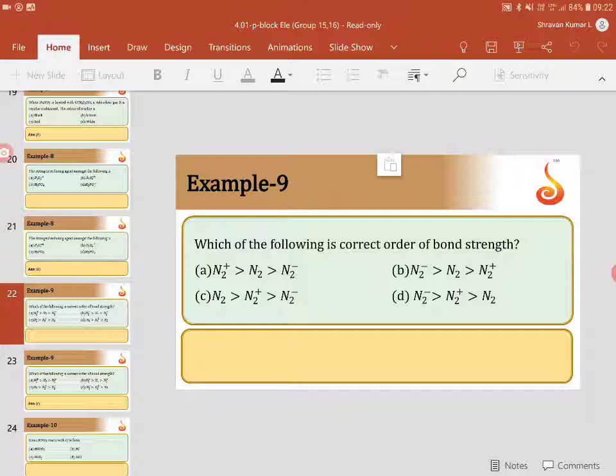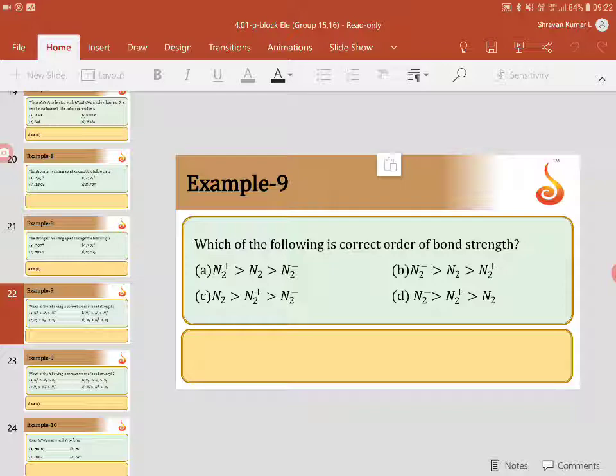Once we find the bond order, bond order is inversely proportional to bond length, and that will tell us which is going to have more bond strength. Now, coming to this question,